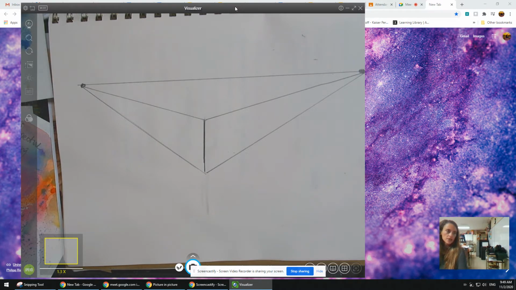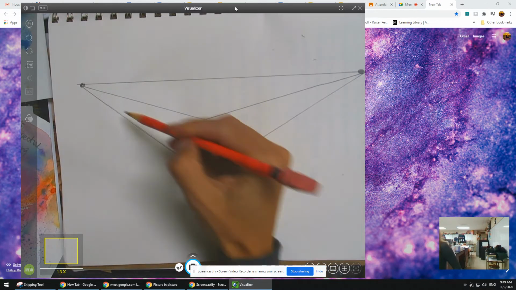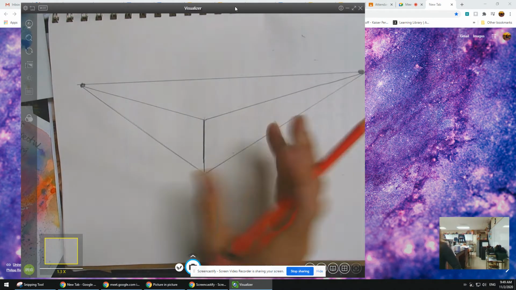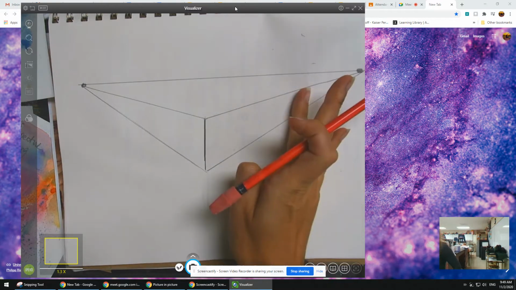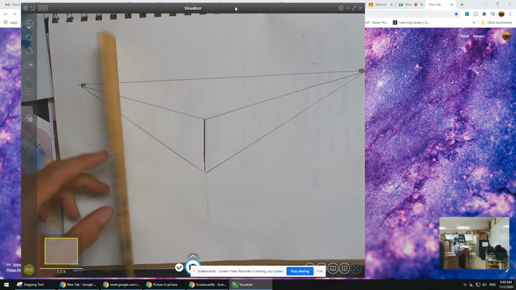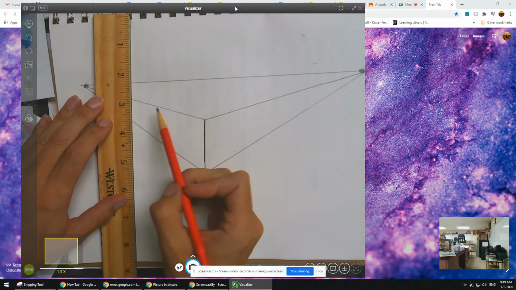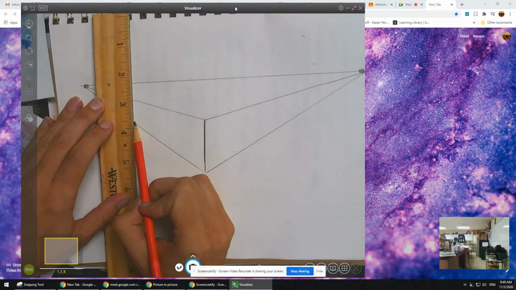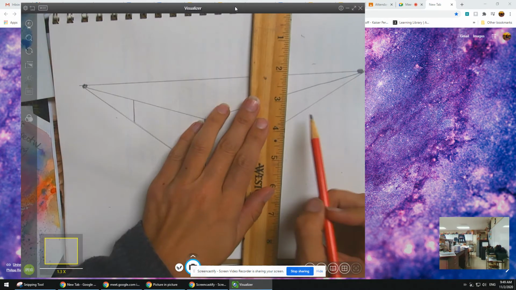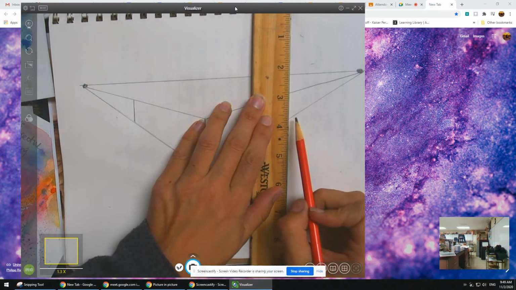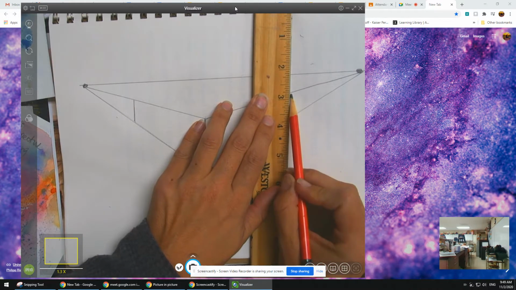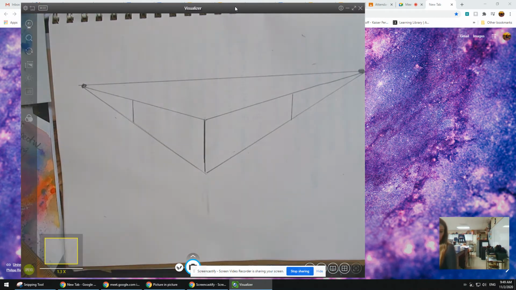And then the next step would be cutting it off and adding the sides, right? So if this is vertical, we want to make these vertical too. I want to make this a little wider, so I'm going to put them back here. So I do 1, that. And then